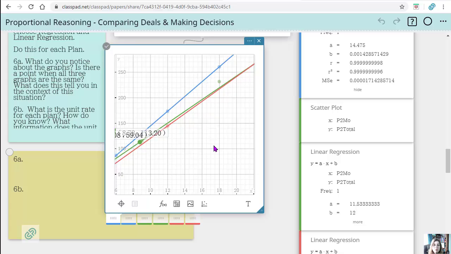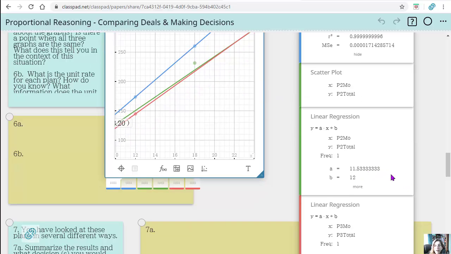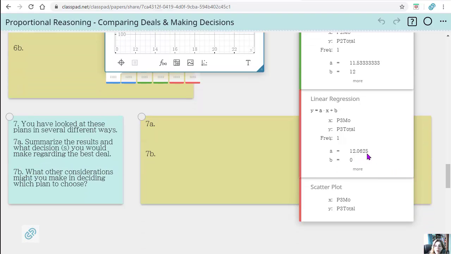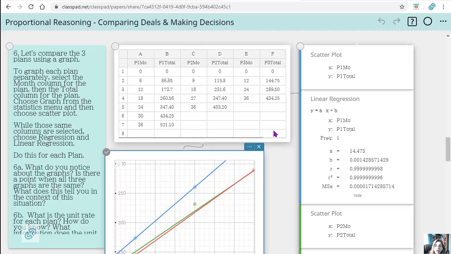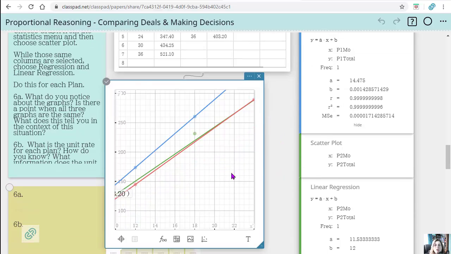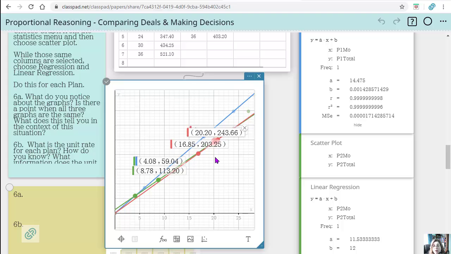And if you zoom in here, is there a point of intersection? Those types of things are what we're looking at. What's the rate of change for these? This one's not rate of change. What's the unit rate for these? All of these types of decisions are easier to see and make, and you can zoom in at intersection points. And I think there is an intersection that is on both of them. No, can't. Maybe not. Pretty close though. So those are the kind of things they're going to be doing.